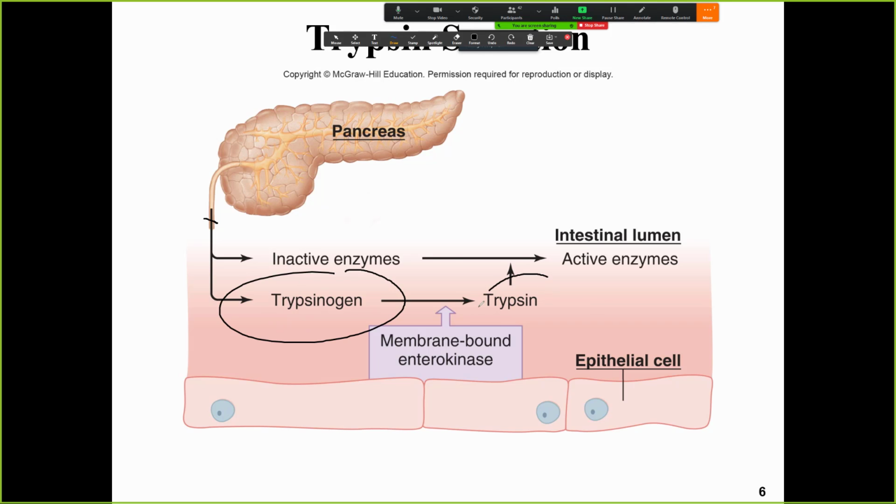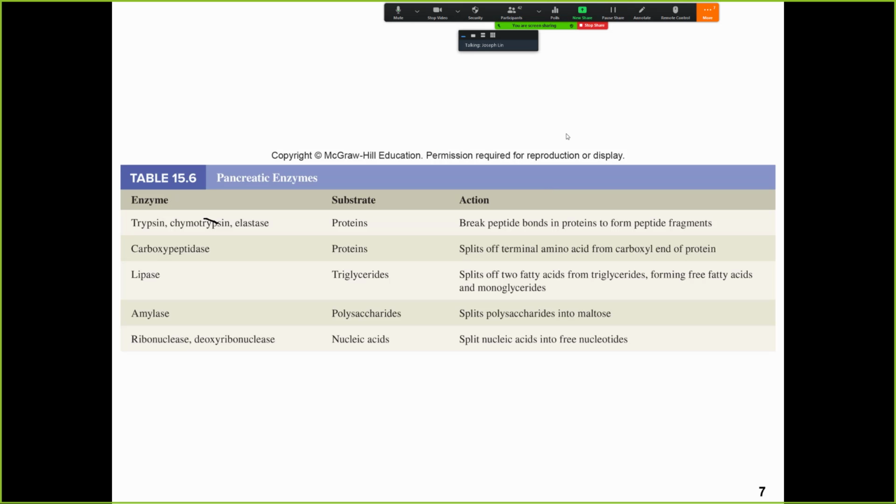And this will then in turn activate another one called chymotrypsinogen to become chymotrypsin. So there's a chain of what they call the inactivated to activated enzymes. And then as they get turned on, the pancreas can release them into the lumen to help break down the food products that you want to eat. So all those happen inside the pancreatic juices. This is a nice little list to have some of the names in place. So you might come across the word trypsin, chymotrypsin, elastase, carboxypeptidases, amylases for carbohydrates, lipases are for lipids, and of